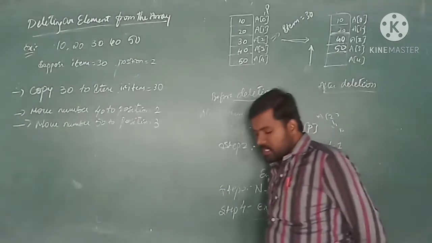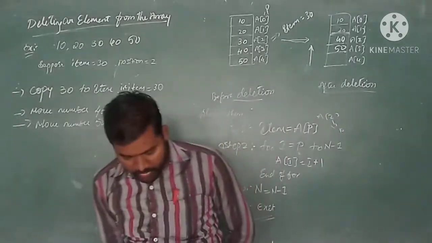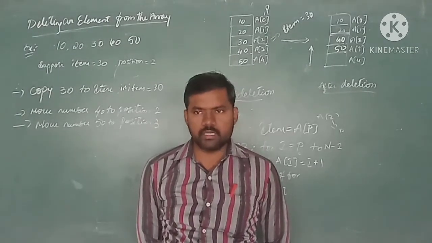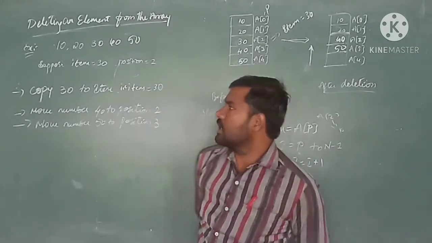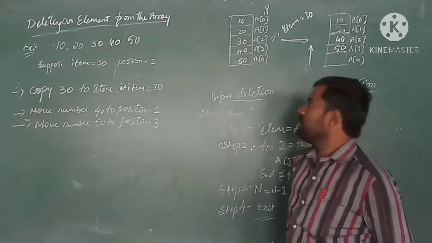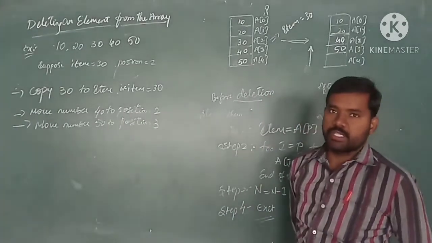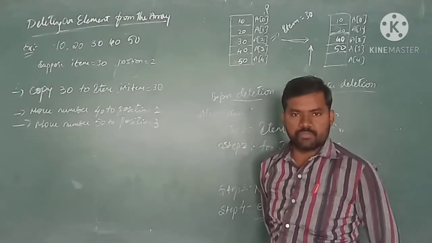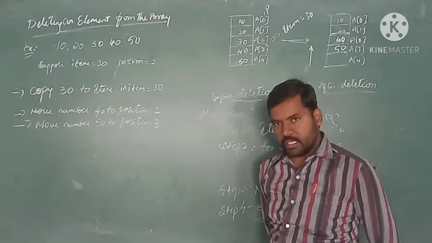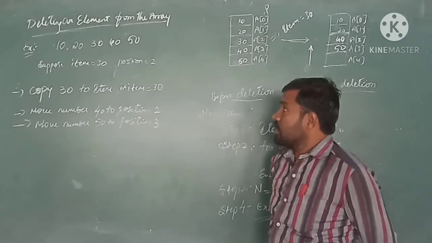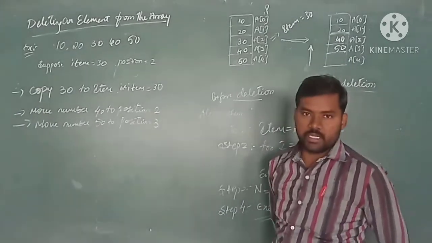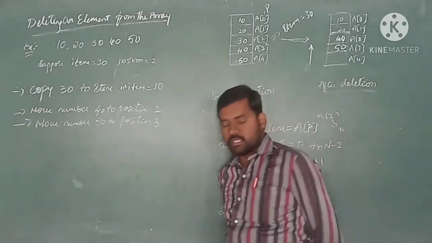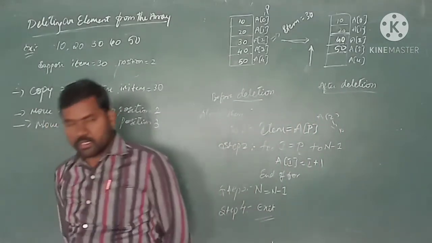Okay, then we will see in the next class the array, row major order and column major order, in the 2-dimensional array over here. So today we will stop here itself, that is insertion as well as deletion. So be prepared for the algorithm only: the algorithm for inserting an element, and the algorithm for deletion of an element from the array. So these two, insertion and deletion, are the most important for your 5 marks or 10 marks question. Okay then, next class we will see.